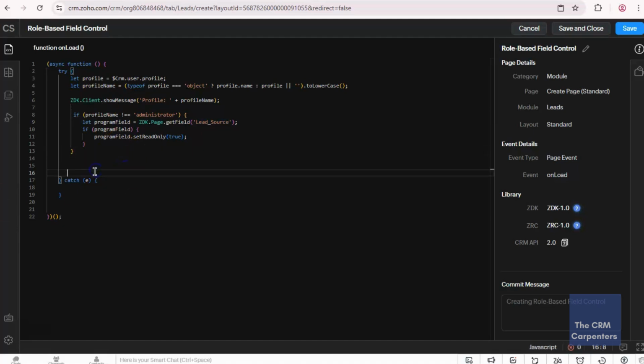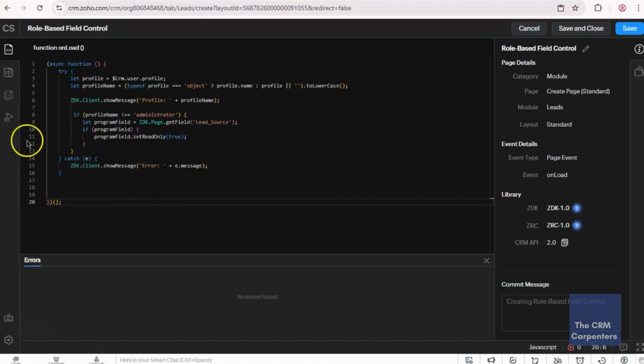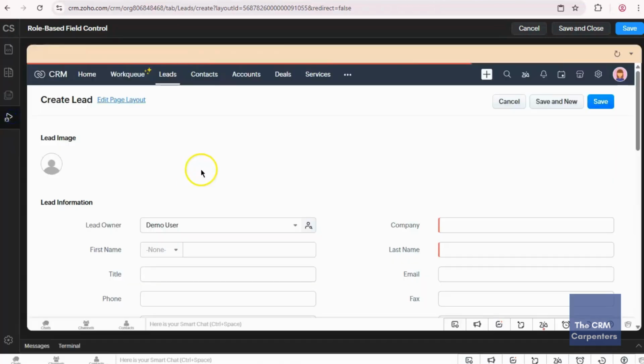In the next lines, what I have said before is we will create a catch block handled message. So let's paste the ZDK client show message that will give an error message whenever the function or the client script is not working. Let's run the code to see if it still works.